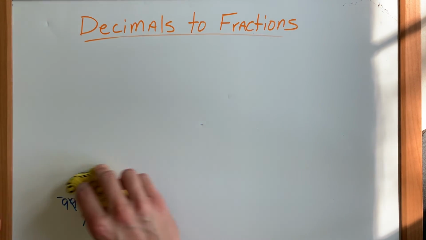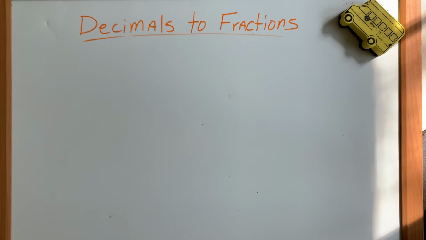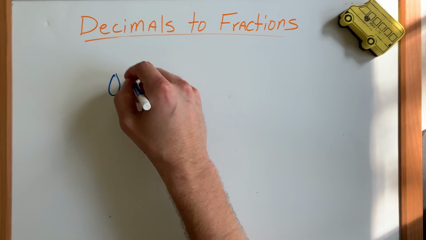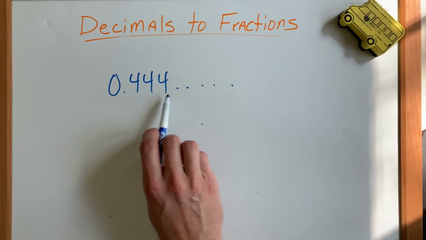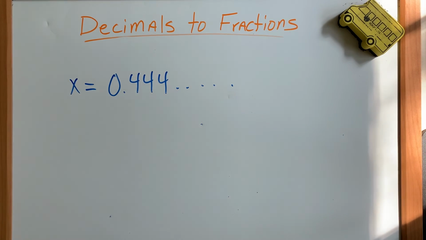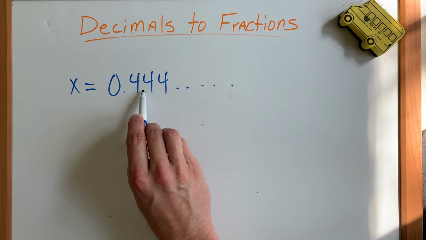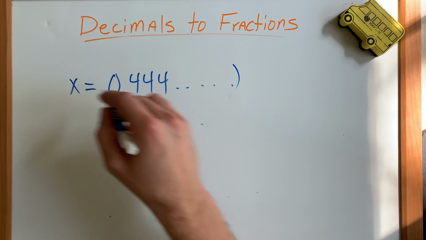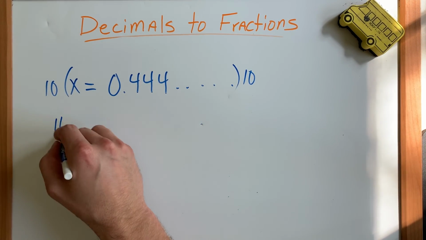Here we're going to use a decimal that only has one number repeating over and over again. Let's use the decimal 0.444 out forever, 0.4 repeating. So again, we're going to say x is equal to that decimal. I only need to move the decimal point one place since it's the same digit that's repeating. So I'm going to multiply both sides of this equation by 10,